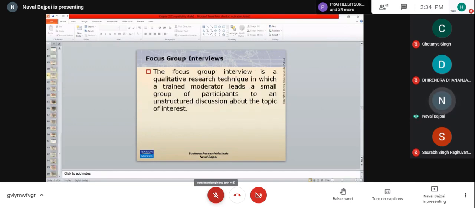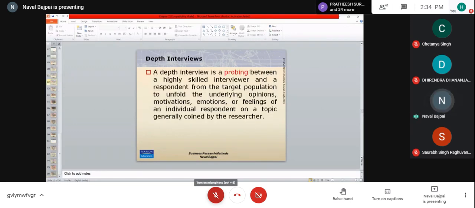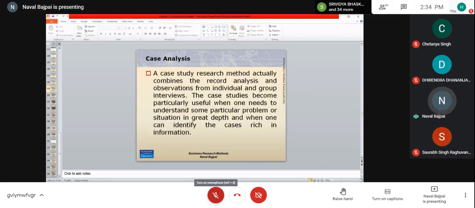In focus groups, I'll talk to people. In depth interviews, I'll be probing when information is hidden in the underlying surface. So I'll have to probe what may be the reason, and on that basis I included 2 more variables in the buying intention model. Then case analysis is a very well known way of teaching and learning in management education.